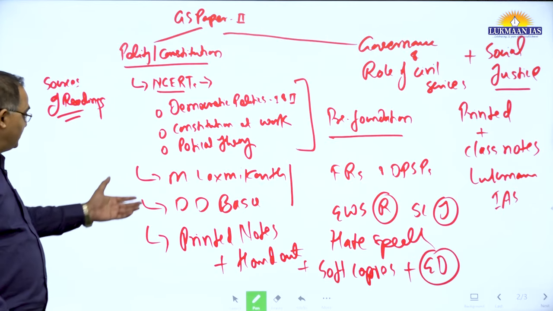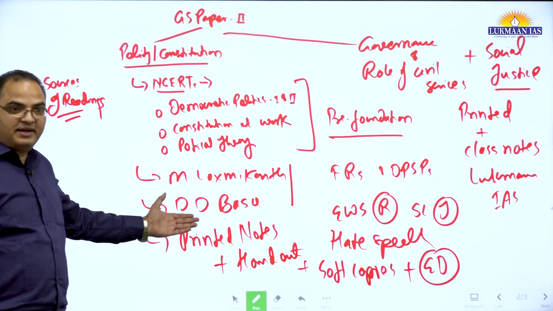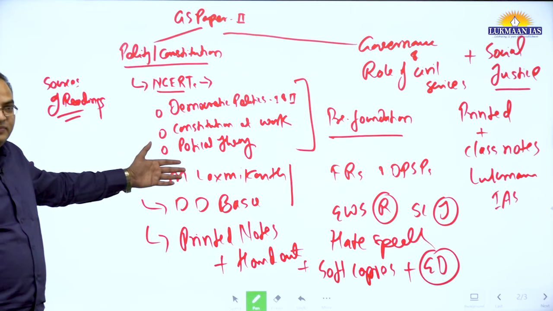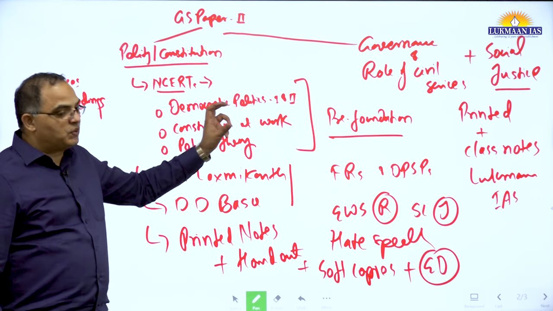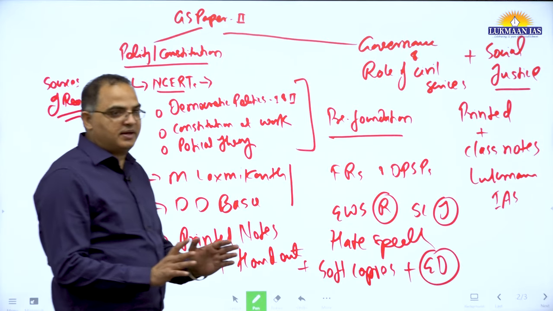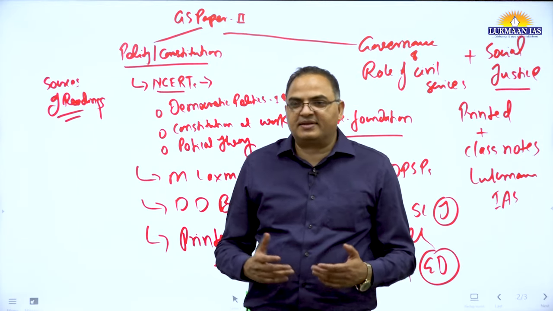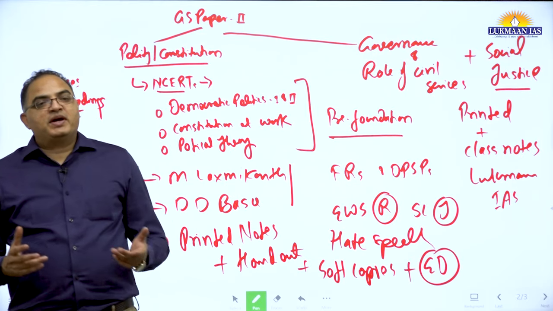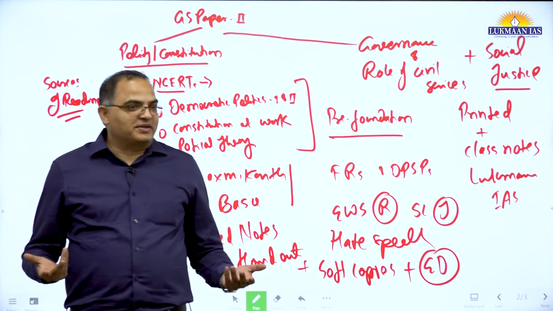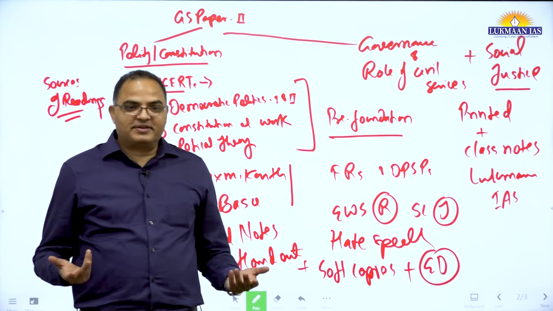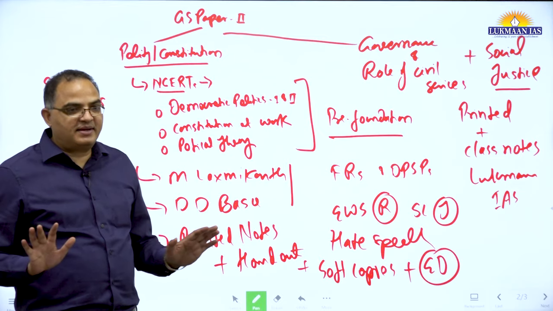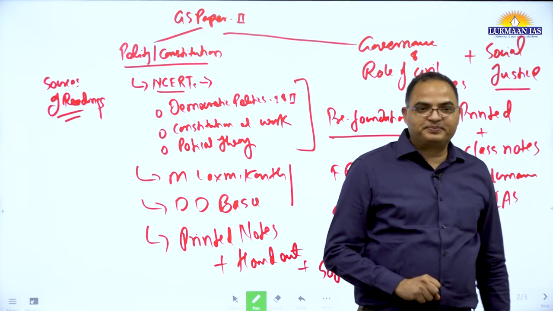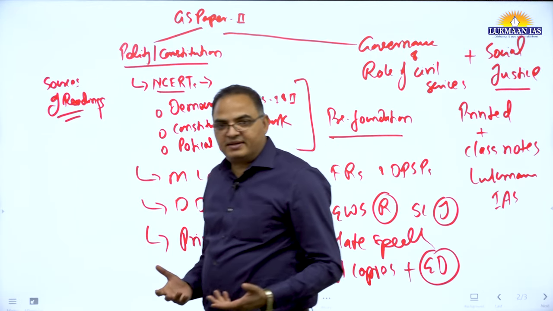You can have textbooks like Lakshmikant, D.D. Basu, or many others, Kashyap, etc., isn't it? But on contemporary governance, you have another book by Lakshmikant, but that's not relevant. It's almost a wastage, because what you are going to read in that governance, they are not going to ask. That's why the market has not supplied any suitable book on that. And same thing about social justice. The market has again not supplied.